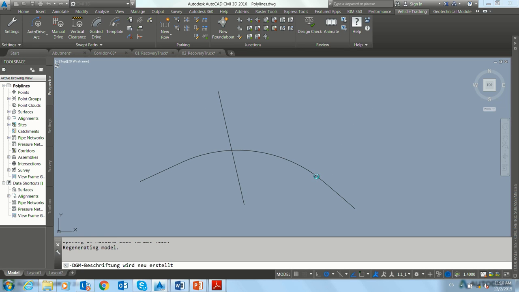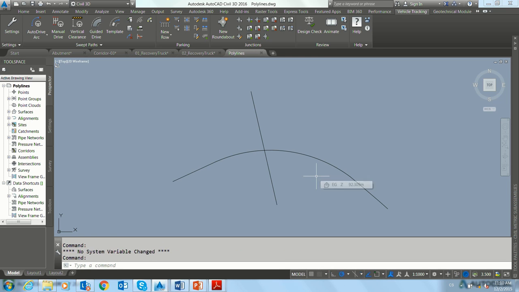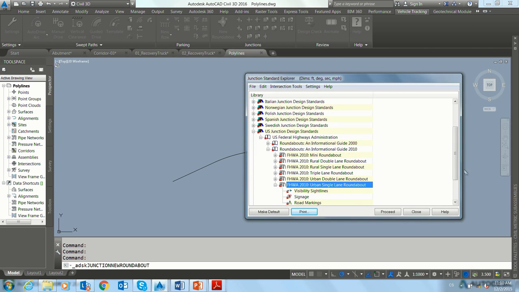Because, as I said, you can install the vehicle tracking on top of AutoCAD, for example, so there must be some functionality for this. But in this case, of course, we will not be able to create corridors. We will be able to work with alignment, profiles, etc. One thing you should also understand is that if you think, okay, I can start with polylines and then I will convert it to alignment, because we can do this, of course, in Civil 3D, then we can create profiles. Yes, you can do this, but the point is that if you create a roundabout based on polylines,